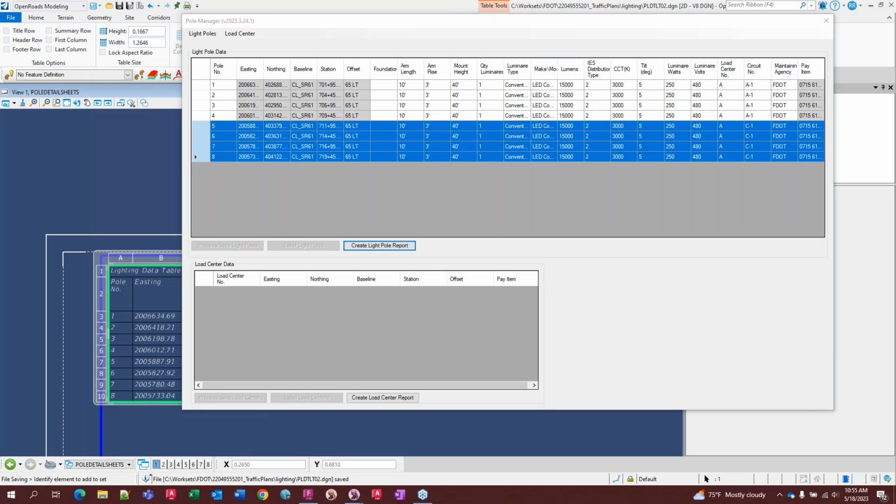Okay, some of the questions are duplicated. I think I've answered everything, but here's another one. Can the units be added to the column headers for the pole data table, i.e. arm length, foot? It's got the tick on the unit that's actually reported, but